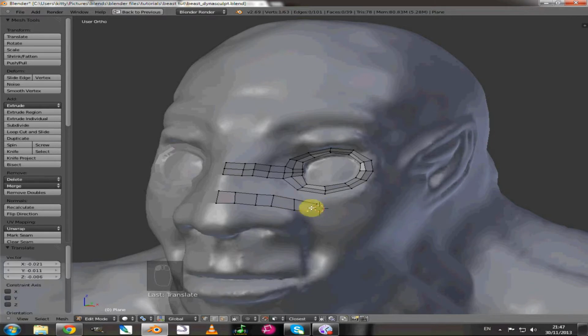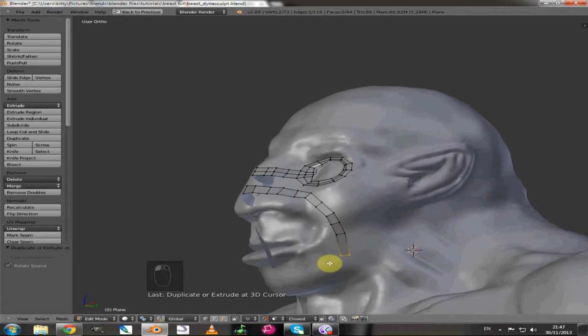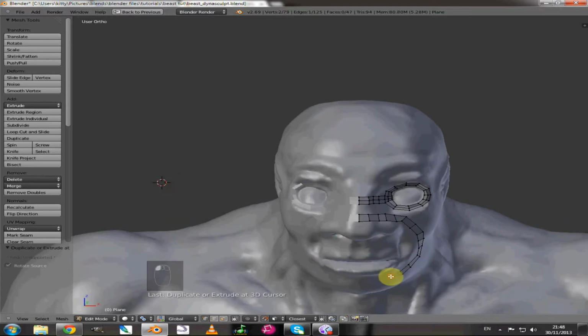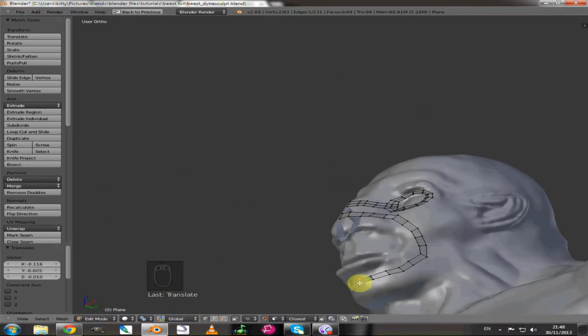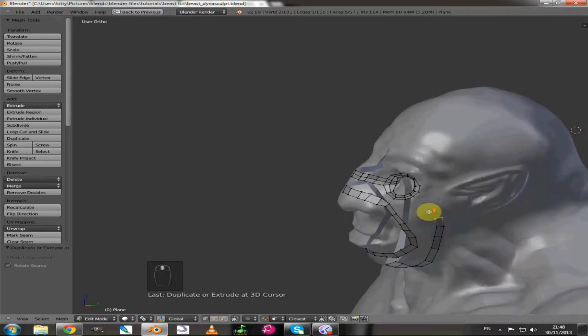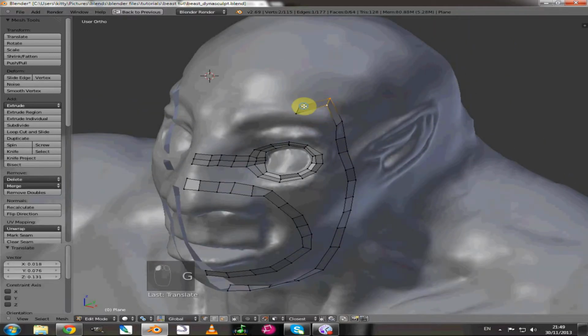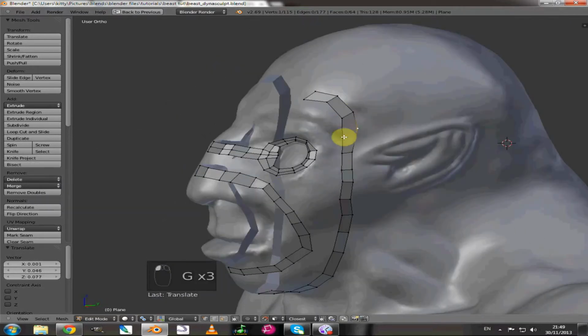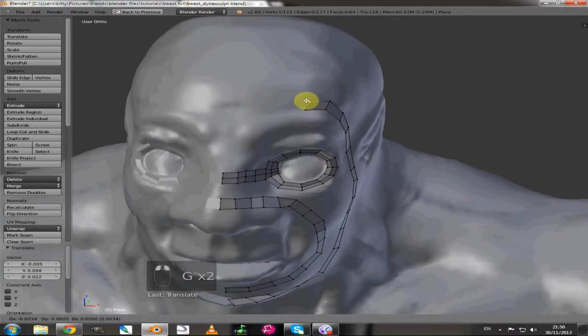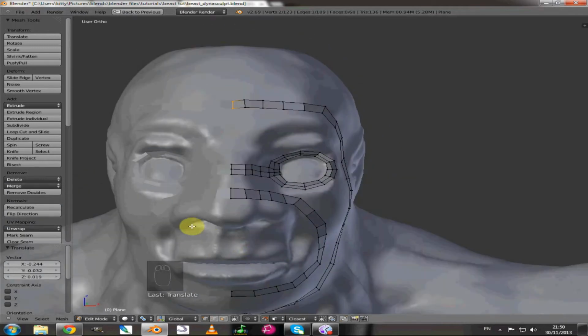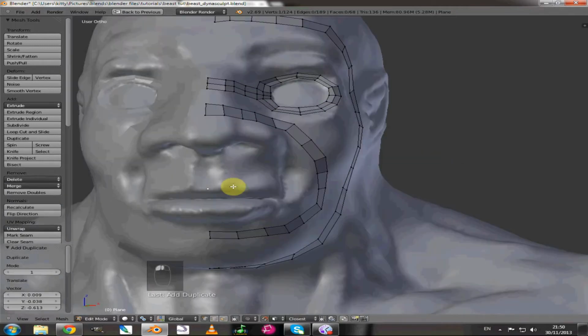And I want to keep this fairly close to the actual jaw, but not going right the way around the mouth. That's it, around the front of the chin, and then I'll bring up the side of the face. I'm basically following a pattern that I would use if I was using a 2D photographic reference. It's kind of a workflow I'm used to. You could probably not need to do it in this way, really, for a 3D model rather,